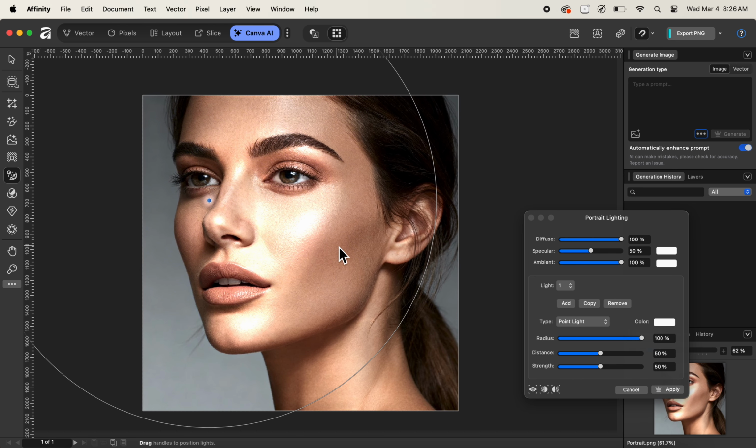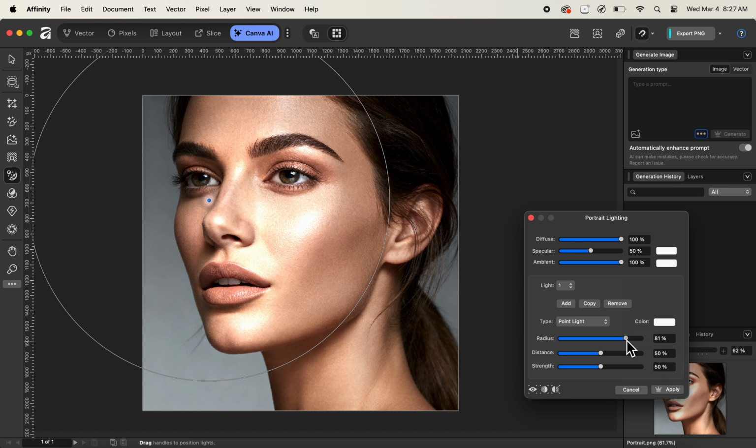And if we want, we can also control the radius value in the portrait lighting settings inside of the portrait lighting box. So if you look here, you can see that we have the radius option. We can simply adjust the radius slider in order to decrease the radius value like so. So I'll simply set the value all the way to 100% for now. And after setting the radius value to 100%, next, let's check the other settings that we have inside of our